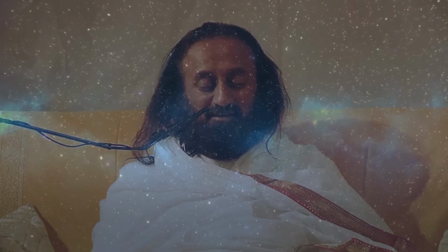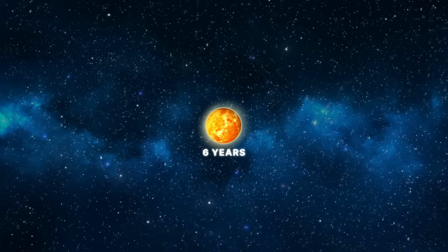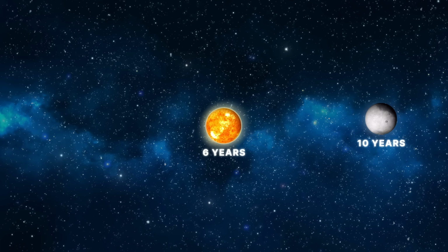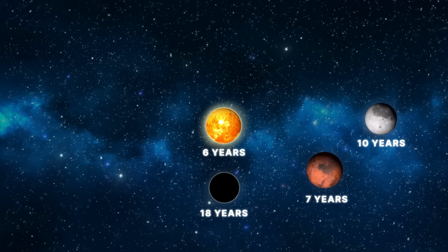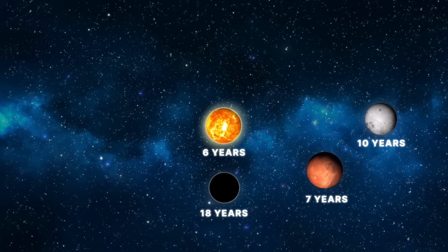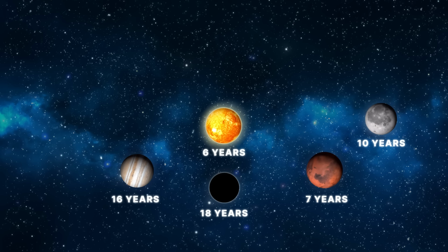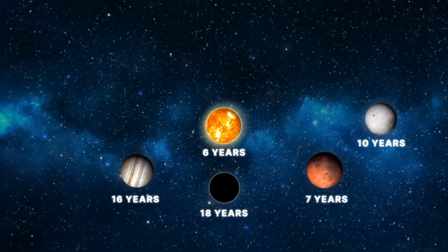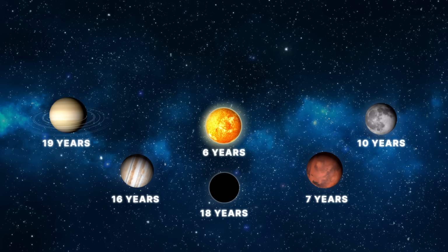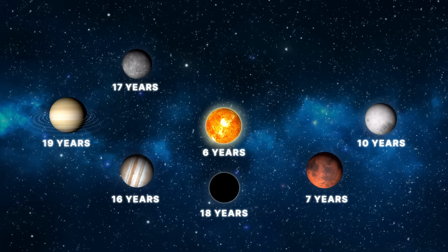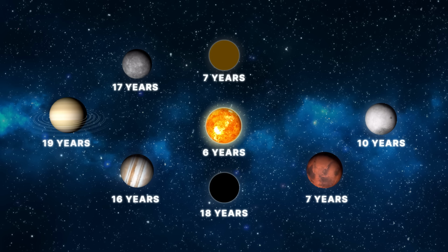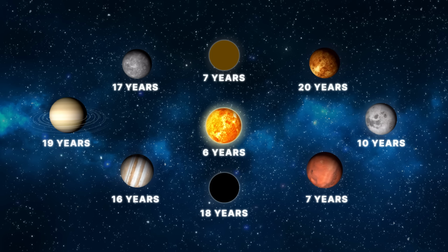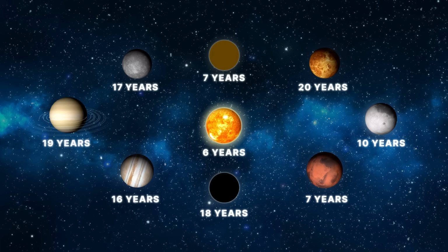So how does the period of the planet begin? Sun is 6 years. Moon is 10 years. Mars, 7 years. Rahu, the node of the moon, is 18 years. After that comes Jupiter, 16 years. After Jupiter comes Saturn, which is 19 years. Mercury, 17 years. After Mercury comes Ketu, which is 7 years. After that comes Venus, 20 years. So in the Ketu 7-year period,